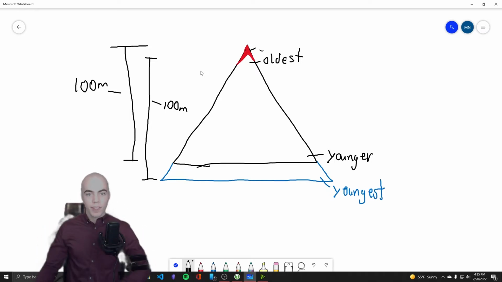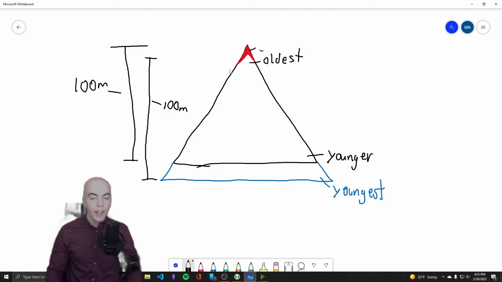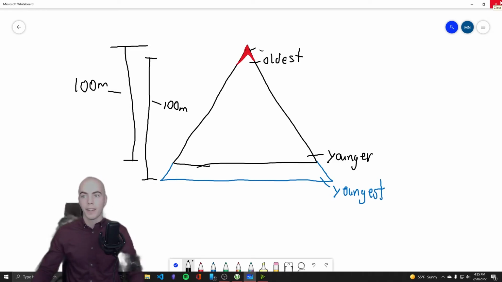All right. So hopefully that makes sense to you guys. I want you to add this to your notes. There's a whole diagram section. I want you to say, hey, there's an oldest part and an older part, but then it changes. There's a younger part and a youngest part, but then it changes. All right? This is all super important. So mountains form through the tectonic plates, but they are destroyed through weathering. Let's go back to our notes now.